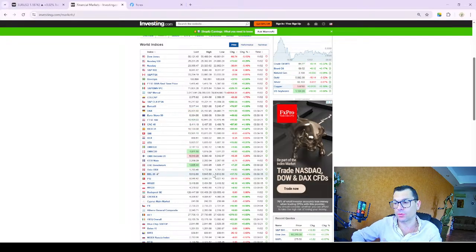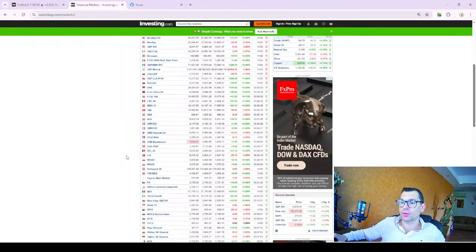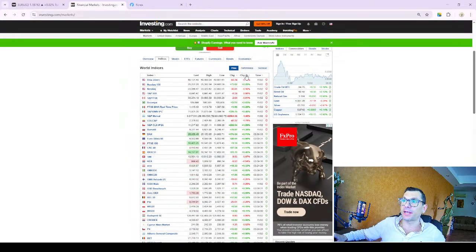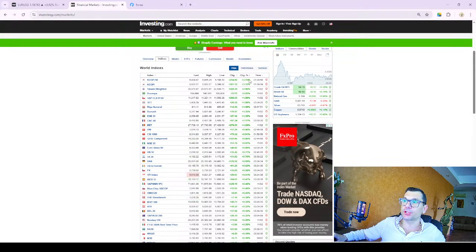How the whole country is doing, because an index is measuring the performance of the biggest companies, right, and the interest in them. So that's why you can see the indices. You can see which ones today are doing better, right? You can sort them by change and see that, let's say, the best one today is KOSPI 50.